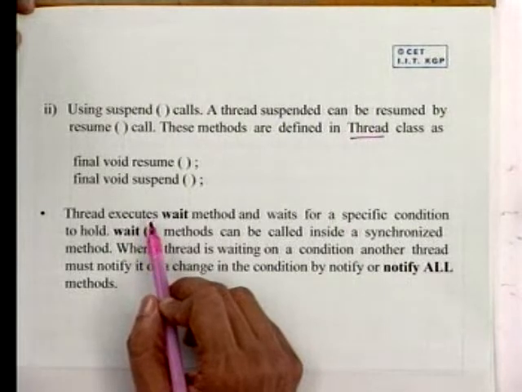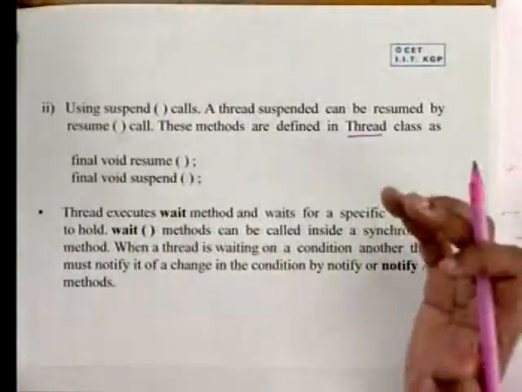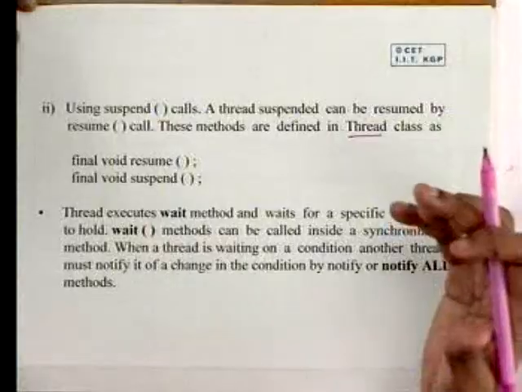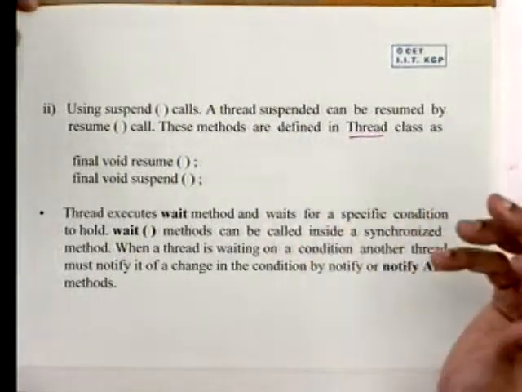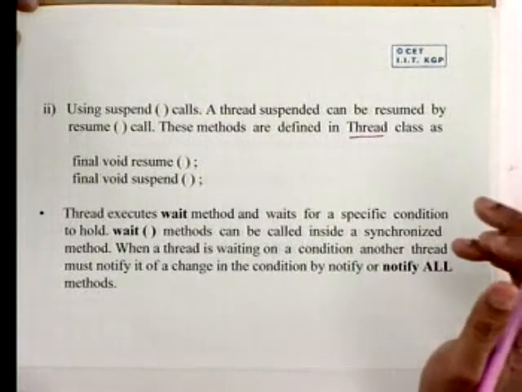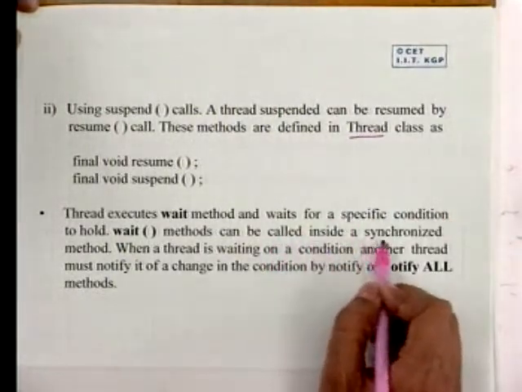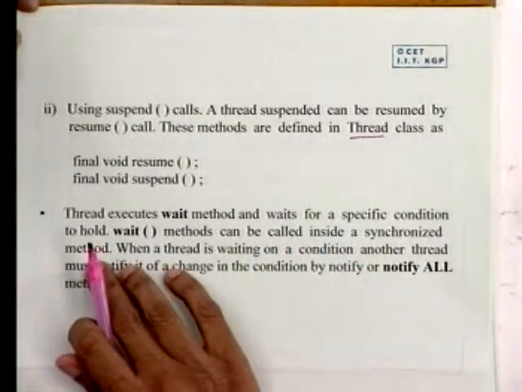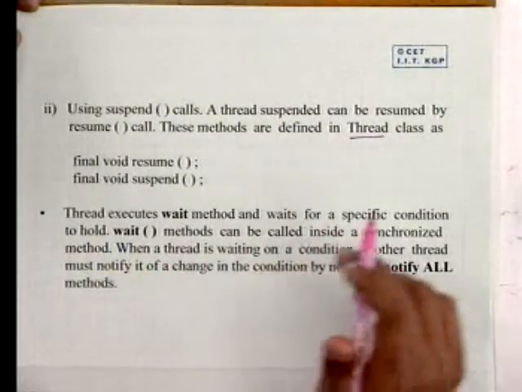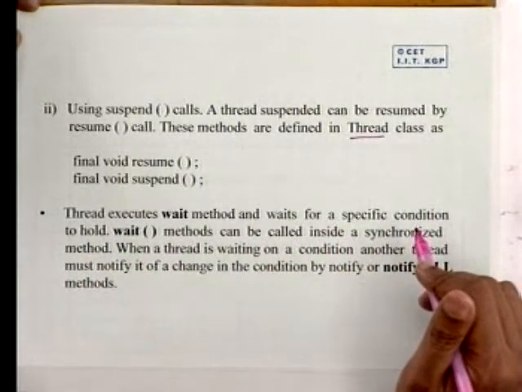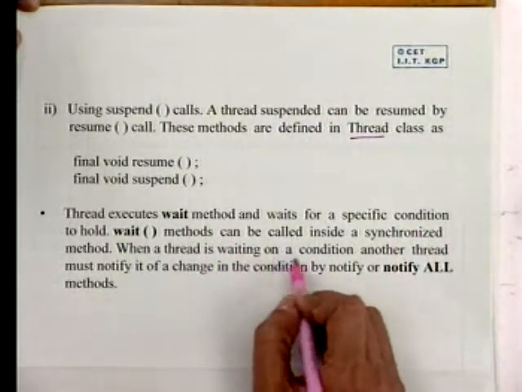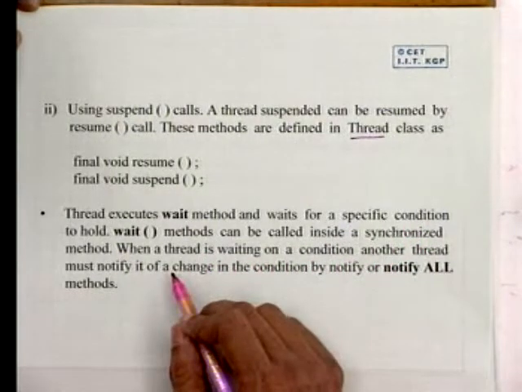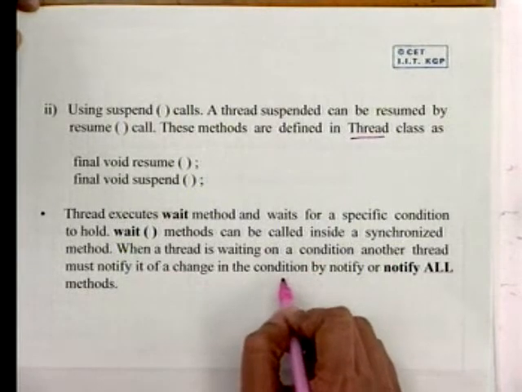Another way of putting the thread into a suspended state is that the thread executes a wait method, in which it waits for a specific condition to hold. You will see an example later on that wait methods can be called inside a synchronized method, an idea we will come to in the next lecture. When a thread is waiting on a condition, another thread must notify it that the condition has changed